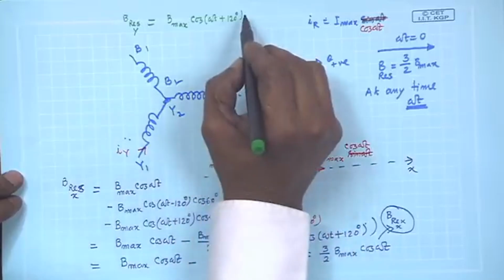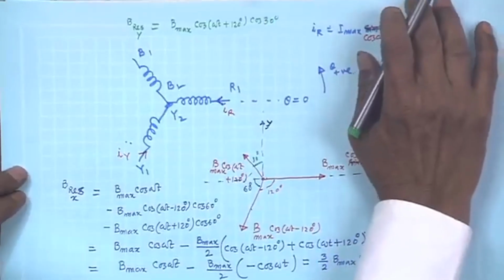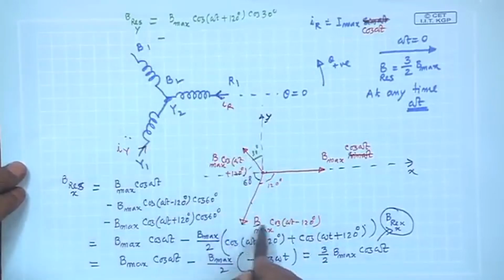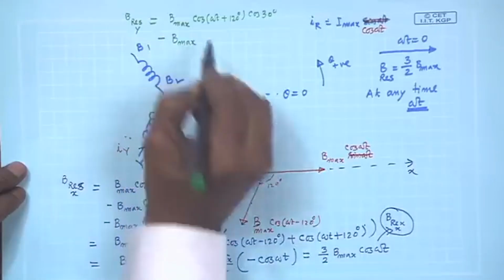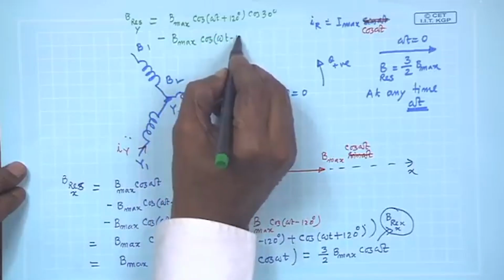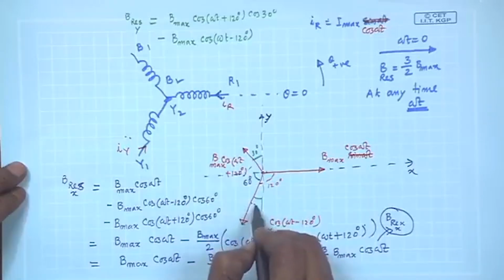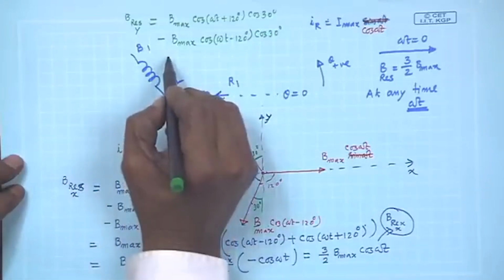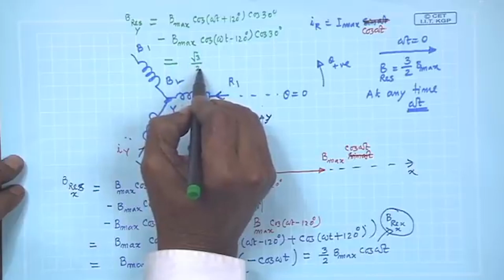So, cosine 30, and for this it should be negative, minus, because its projection here is negative. So, minus B max cosine omega t minus 120 degree, and once again this angle is 30, cosine of 30, and cosine 30 is root 3 by 2. So, it is root 3 by 2 B max,